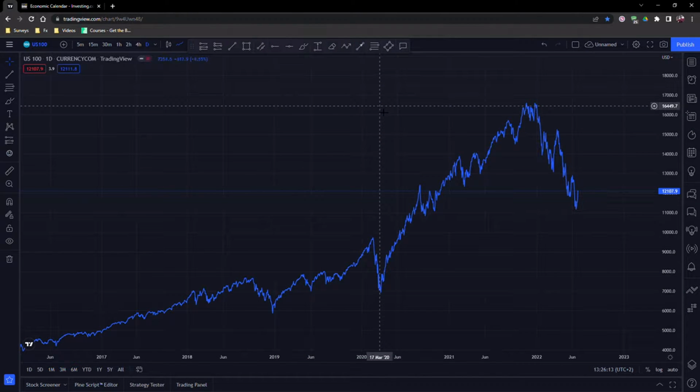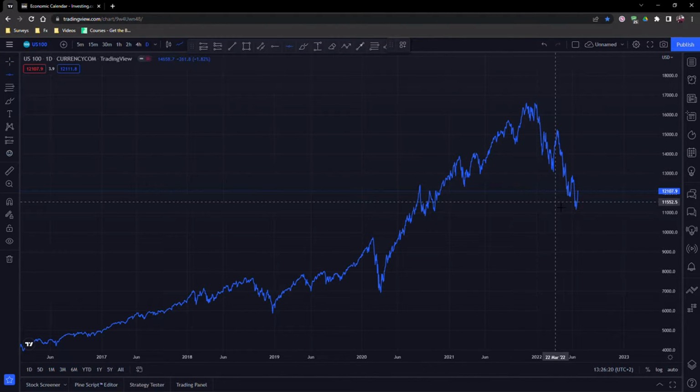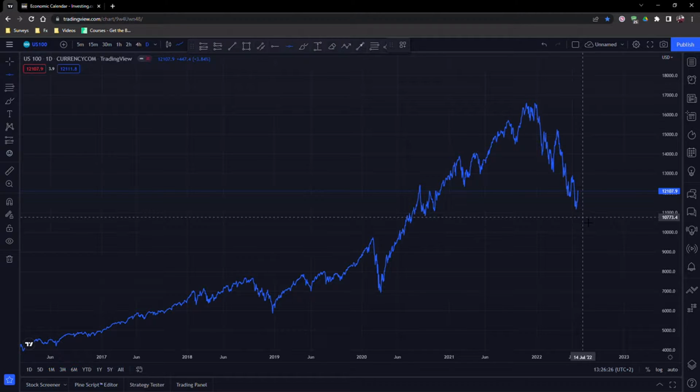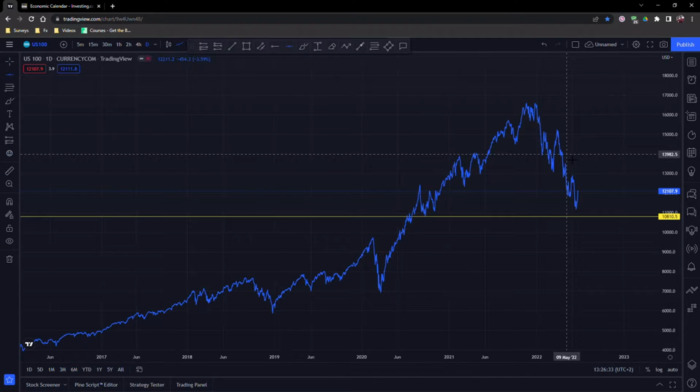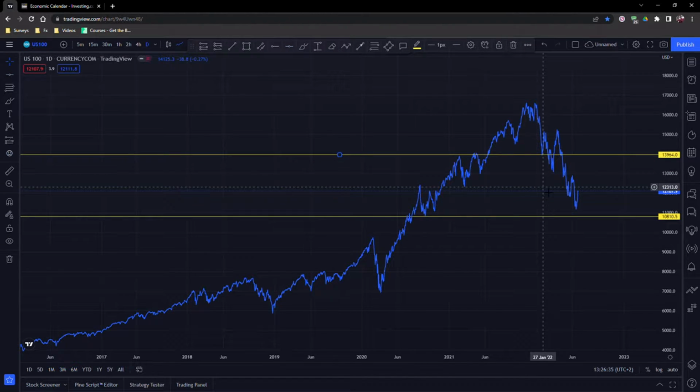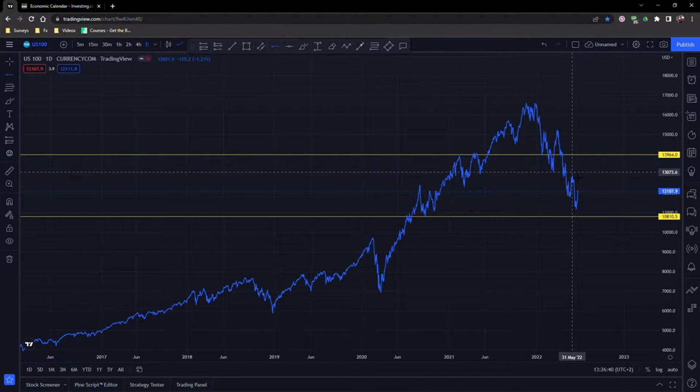Right, so this is US100, and now we'll be plotting our highs and lows for the week. We are on the daily time frame and on a line chart, and so we can plot this area right here as our expected low for the week, and this area right here is our expected high for the week, right? We can also look at this area right here as a nice resistance zone, right, before the